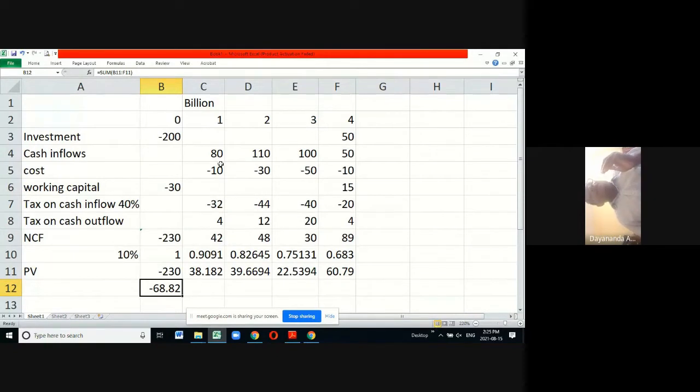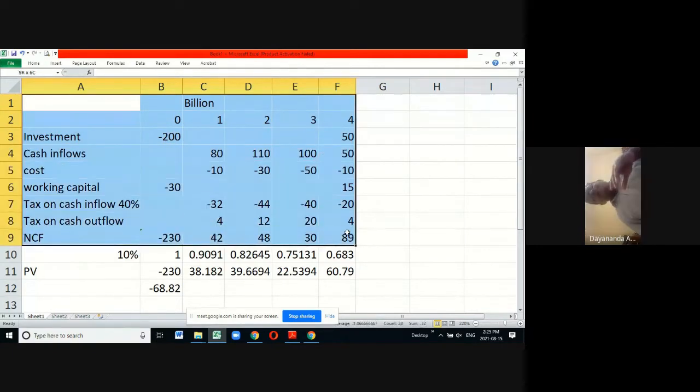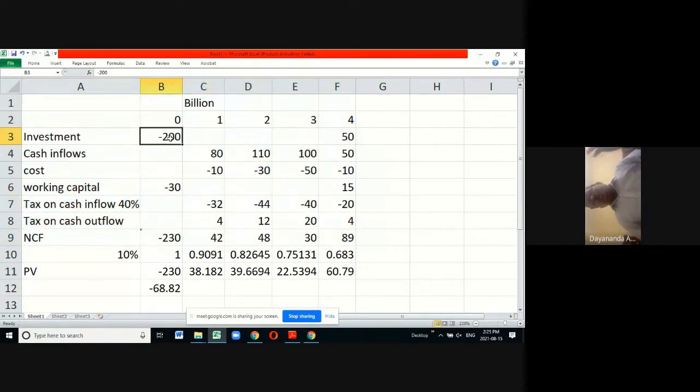Suppose this is the project which is going to be started by Bank of Ceylon. Say they are going to install new machinery, new deposit machines to their system for all the branches. So they have estimated the investment and the cash benefits or savings. Anyway, net cash flows are this much. So their project is rejected. That's the idea.